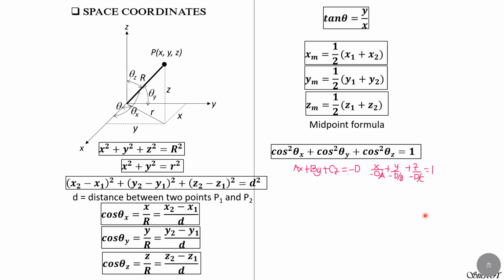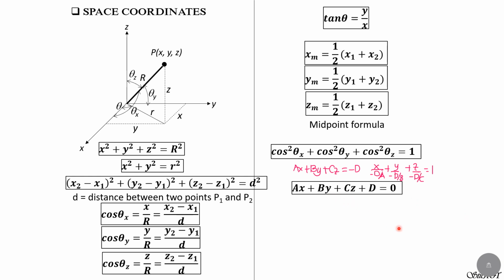For the line, ax plus by plus c equals 0. For planes, ax plus by plus cz plus constant d equals 0. So that's the general form. If we transpose d to the right, it becomes negative d, and if we divide everything by negative d, that will give us